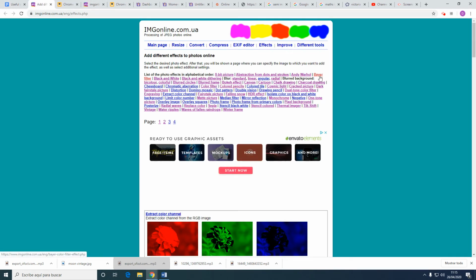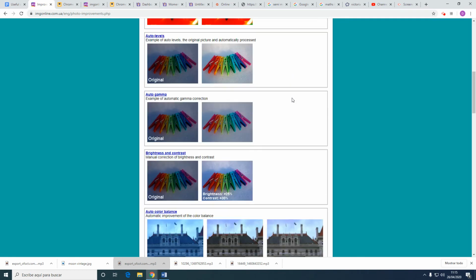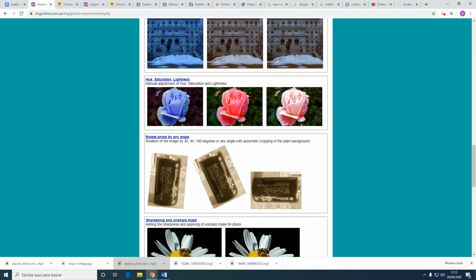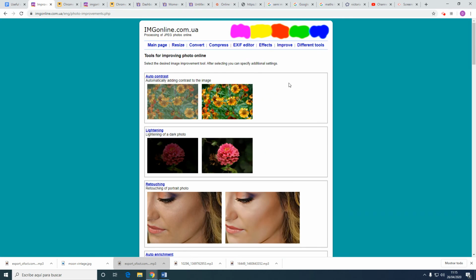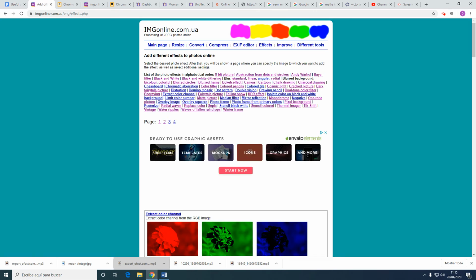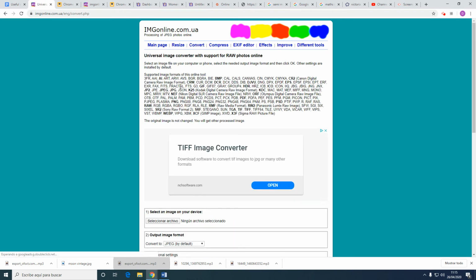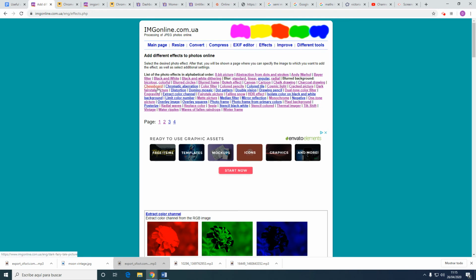What we have to do on this is we have to get hold of an image, and then we have to click on an effect that we want to add to that image. We can do improvements, which you can see what the improvements do in that one, or we could apply effects in that one. And that's really all I've done, but you can convert images from one format to another, which might come in useful one time as well. So I'm going to choose